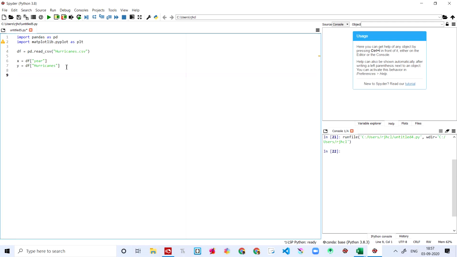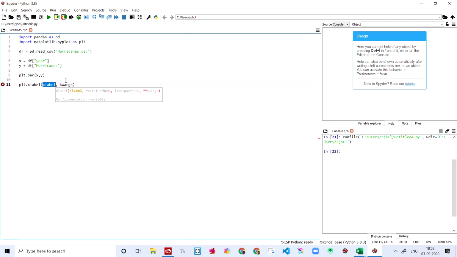Let's come down and say plt, which is the matplotlib we are using over here. I'm saying plt.bar with x and y. So over here we are just basically saying we have the x-axis and we have the y-axis. That's all. And then I'm coming down saying plt.xlabel. We are labeling the x-axis as year.